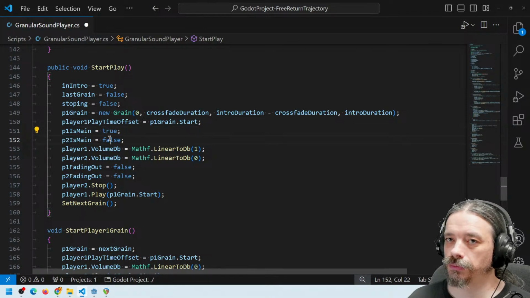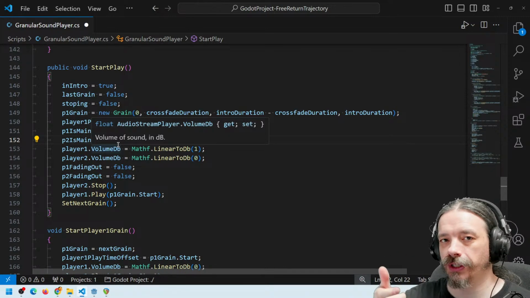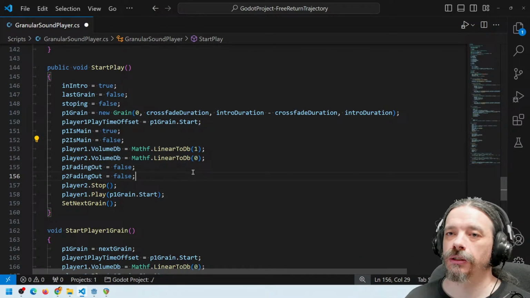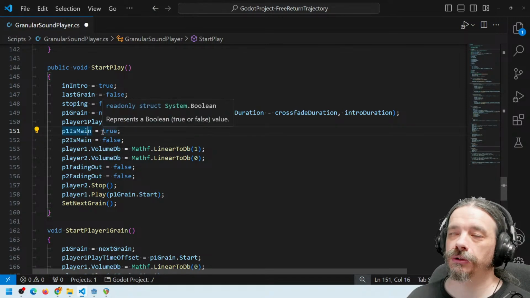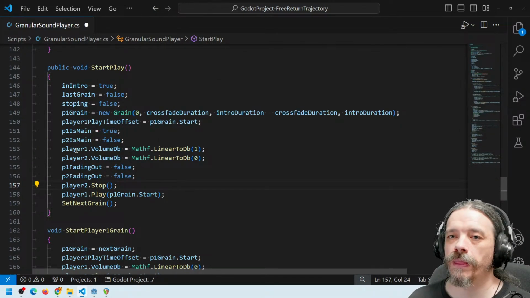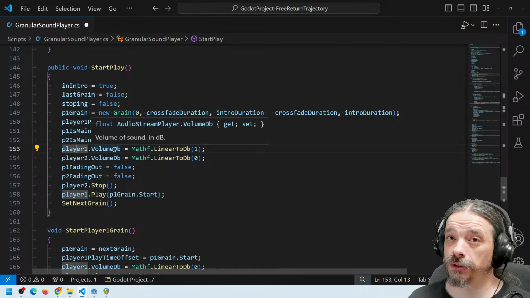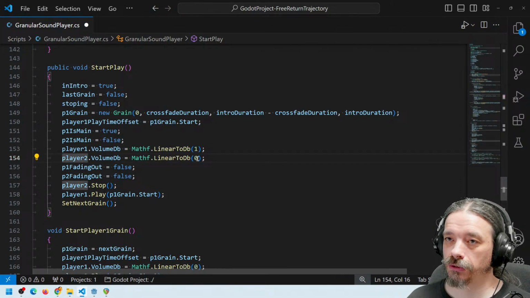This is used when I want to start the fade out and the fade in. Only the player that is the main is actually the one that is controlling the fades, not both at the same time. Player 1 volume, so this is to start. It will be 100% in the player 1 and 0% on player 2. Fading out false,